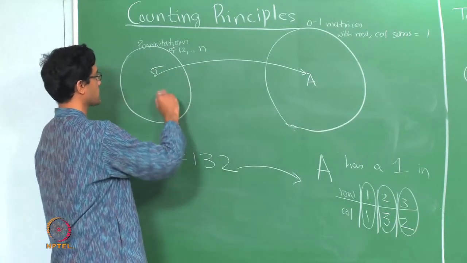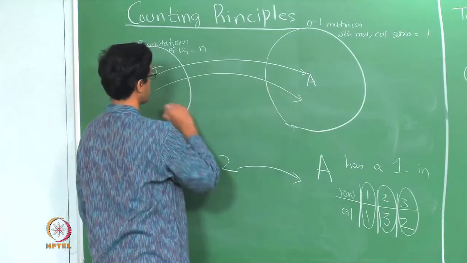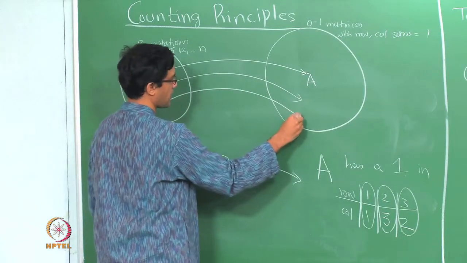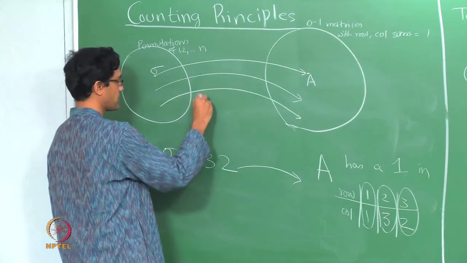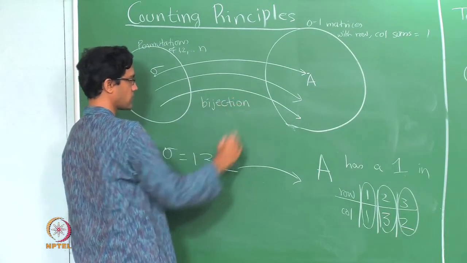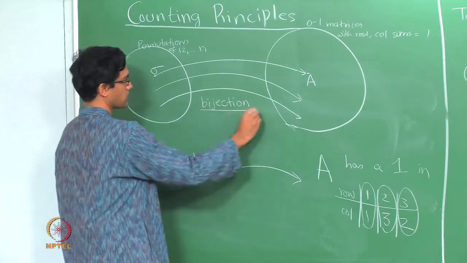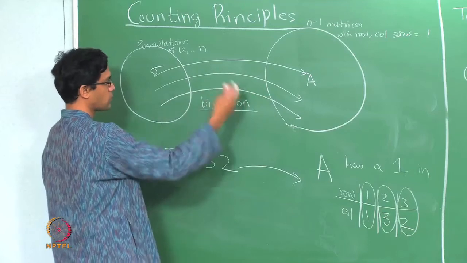So what we have done really is establish a 1-to-1 correspondence between this set here and the set of 0, 1 matrices. To everything here you have associated something there, and there is also an inverse map. So this is what you call a bijection. What one has really done here is established a bijection between these sets. Recall the term bijection means that it is a map between two sets which is 1-to-1 and onto.